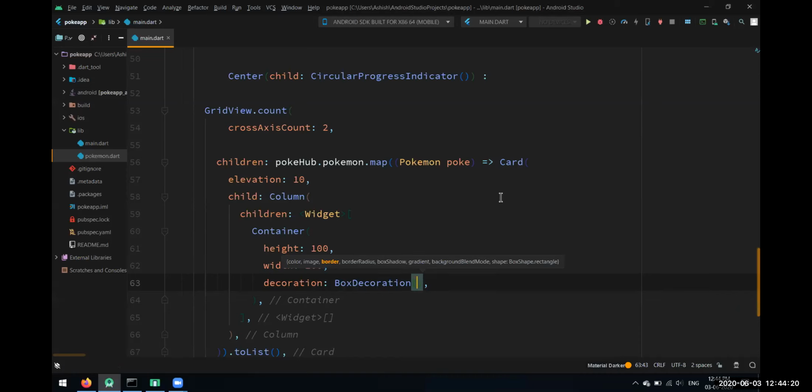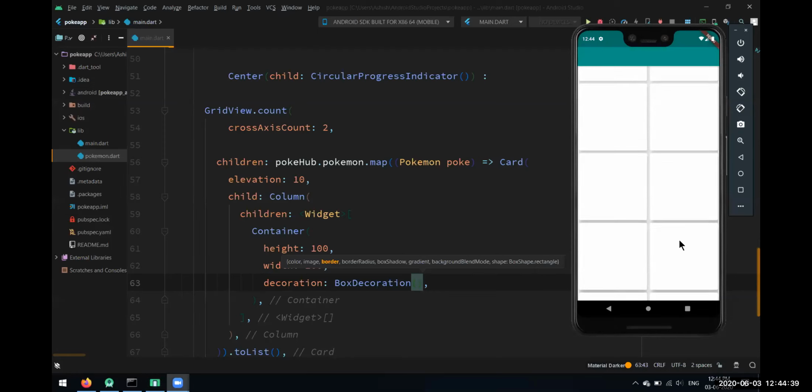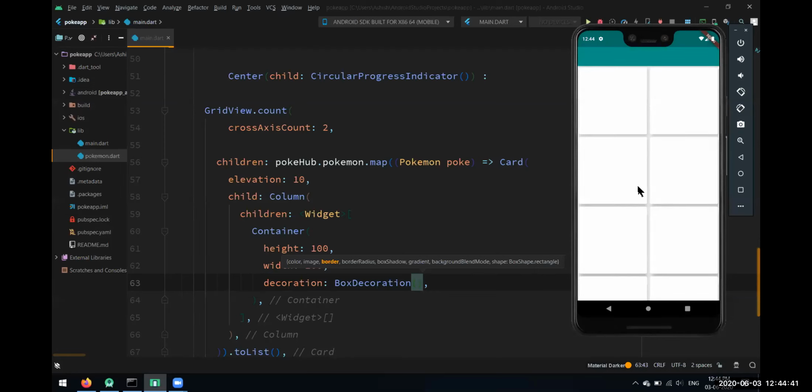Can we arrange all cards on a single screen so that we don't have to scroll? That will not look good. We have so many cards over here. If you scroll, there are almost 100 to 200 types of cards. How can you have 100 cards inside a single screen? We have to scroll for that.